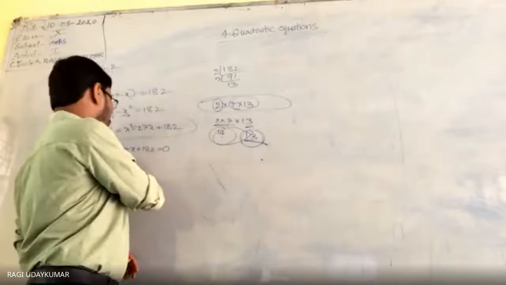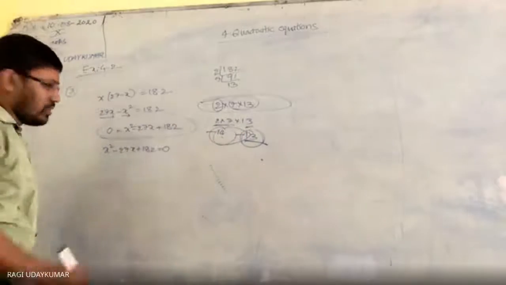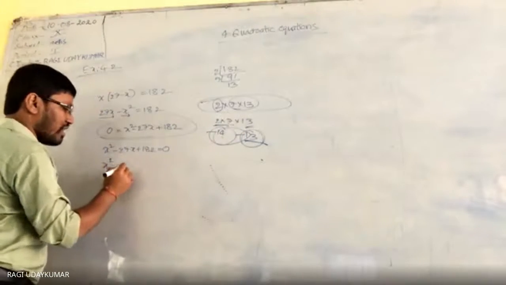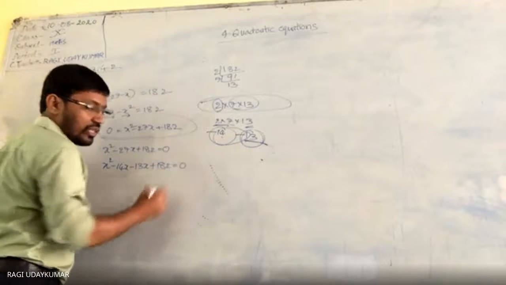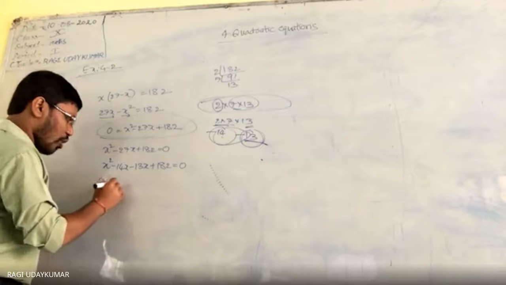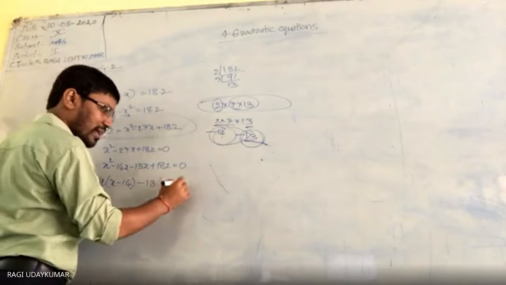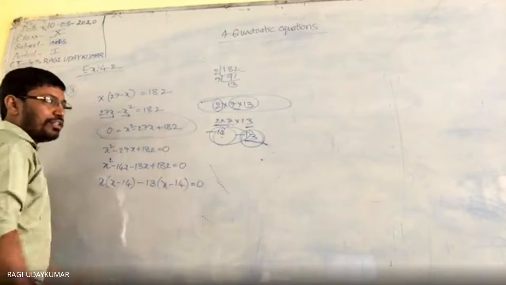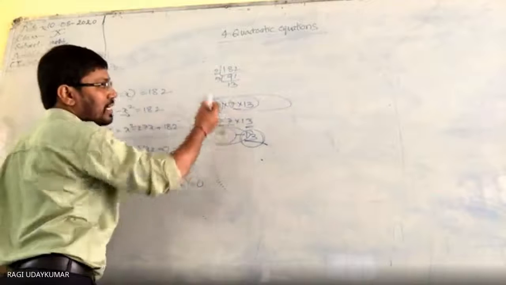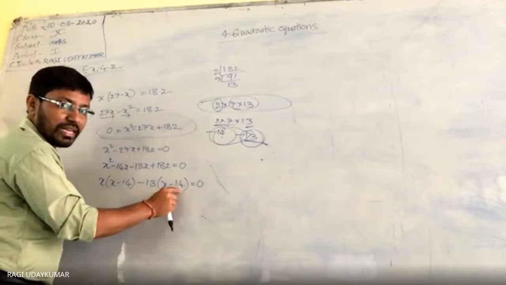And here you are having a minus symbol. That's why both are to be taken minus. So what do you write here? x square minus 14x minus 13x plus 182 is equal to 0. If you take x common, x minus 14, you will get minus 13; if you take the common, x minus 14 only you will get under it, because 13 into 14 is 182. Here, if we factorize 182, 13 into 14 comes. So 13 taken common means here minus 14.